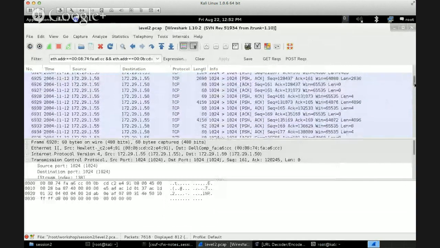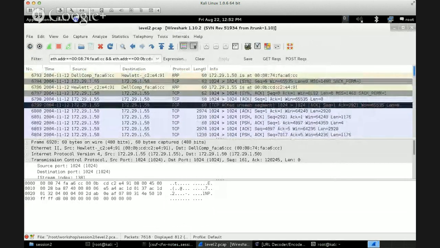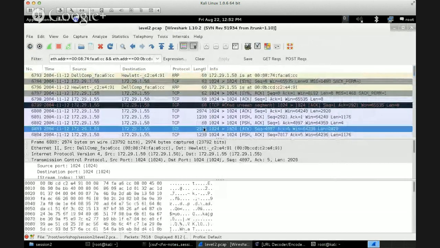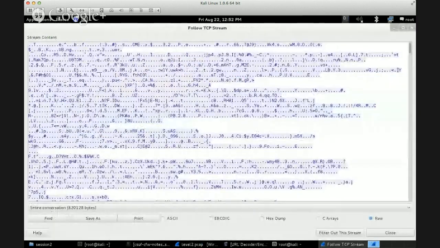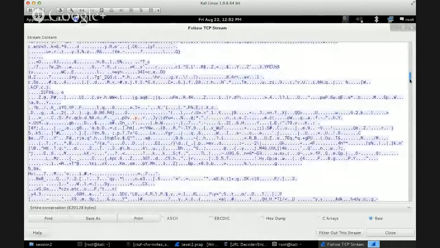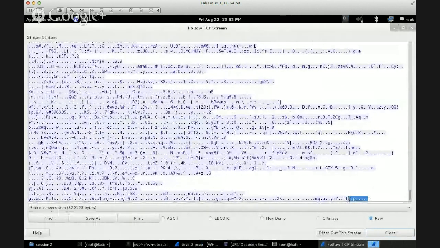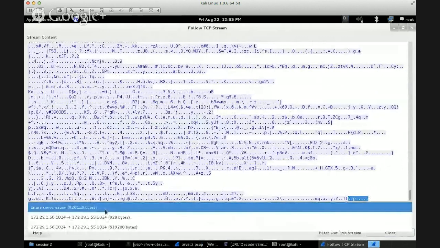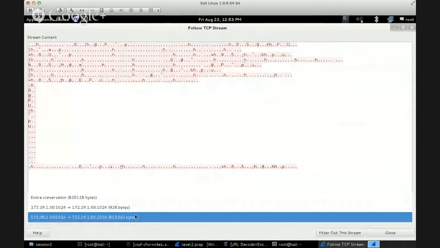What is this? What's going on here? Right? What's happening? I can find out. I right-click and go to Follow TCP Stream. All this nothingness, and then at the very end I have the response, which probably just says, yeah, I got it. So if you look at the entire conversation, we have that little bit, and then we have this very even number here,